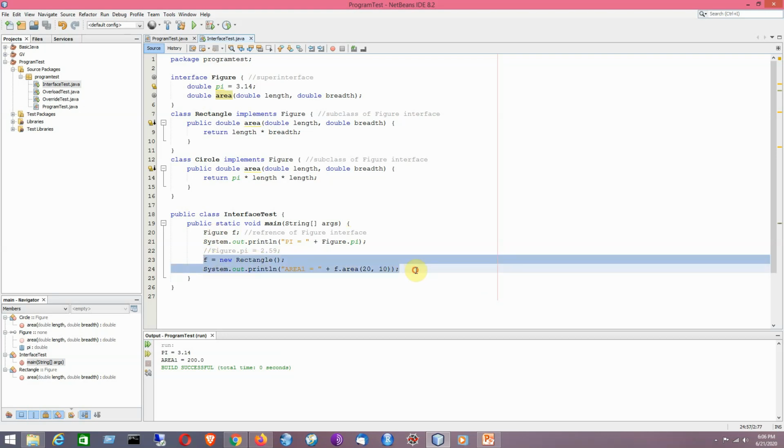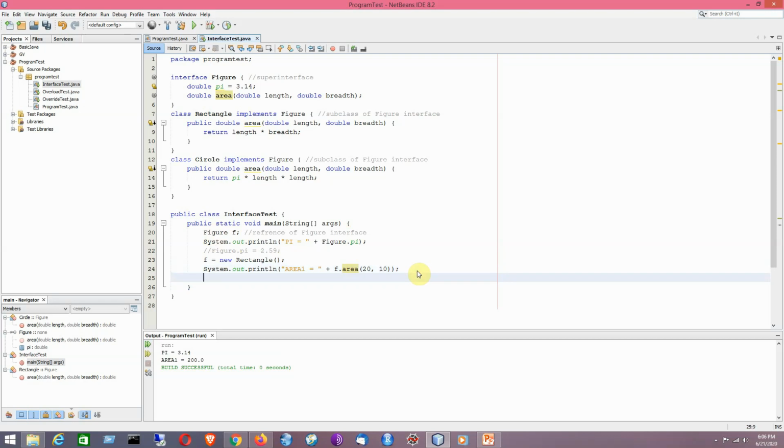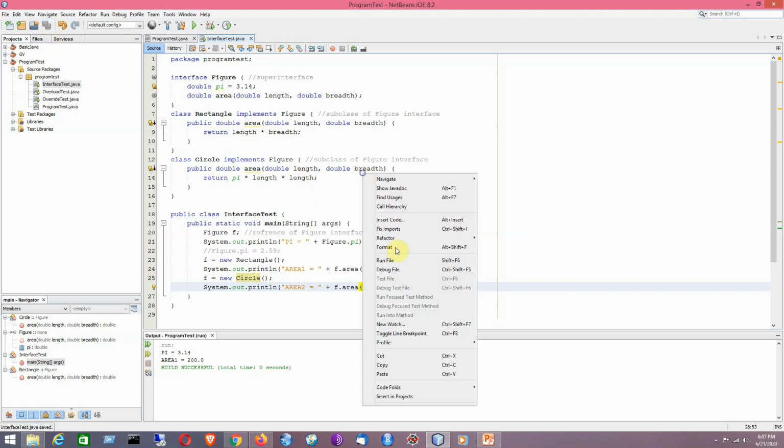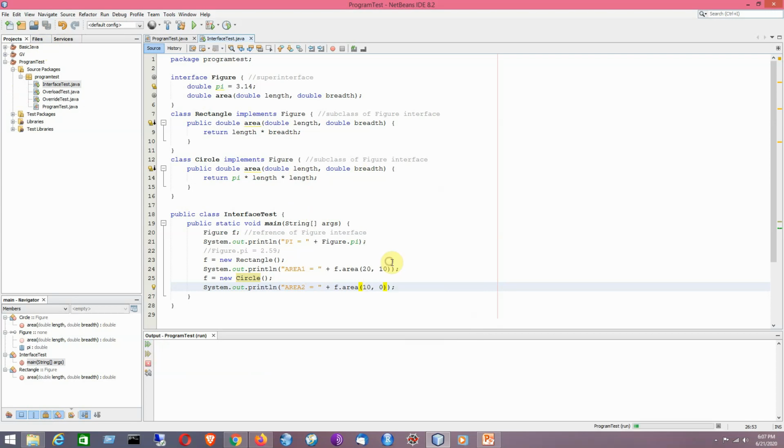Similarly, I can initialize this reference with the subclass object Circle. So it is area with, suppose, 10 and 0. Just writing the statement for the Circle object and trying to access its area method, it is showing the result.